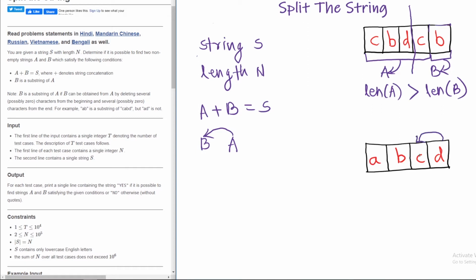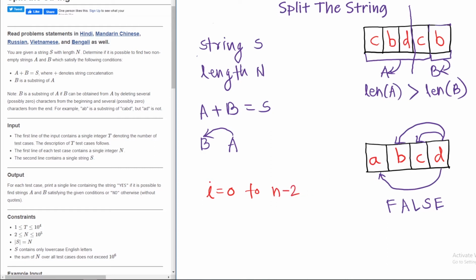So basically the observation is we are not going to find all the substrings, we will check just the last character. In the second example you can see no character matches with the last character, so we are going to print no. Here I am showing the pseudocode.